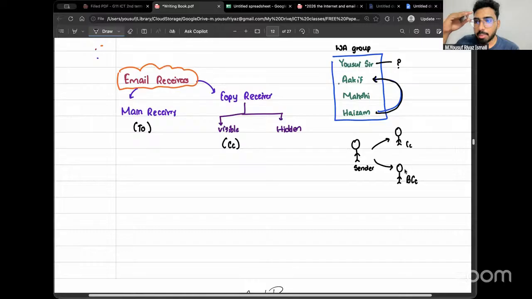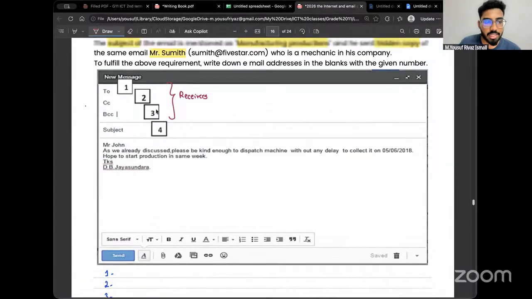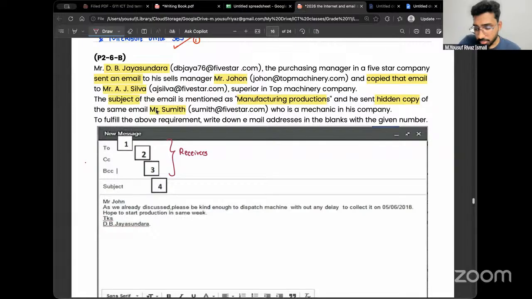It's like, for example, I'm spying on you all. You all don't know I'm seeing you, but I can see. So those hidden copies who are acting like spies, they are the BCC. So these are the two types of receivers. No one will know that they are seeing. No one will know that these people can actually observe. That's how the blind carbon copy works. Exactly. So in this question, they are saying,